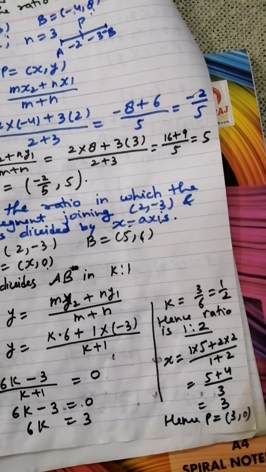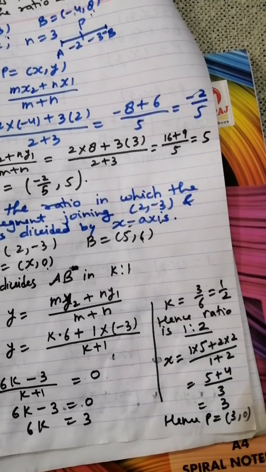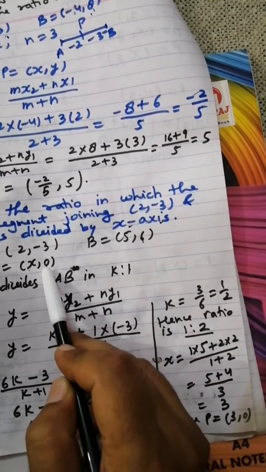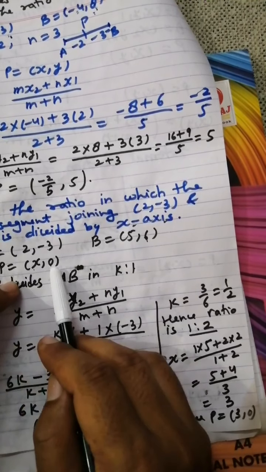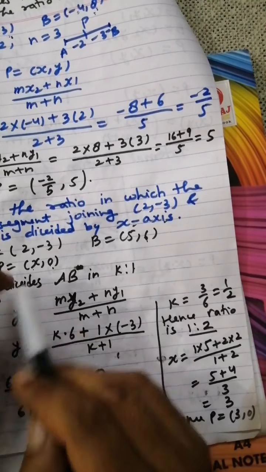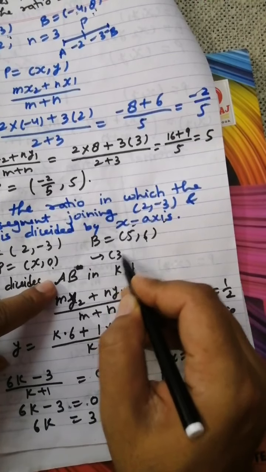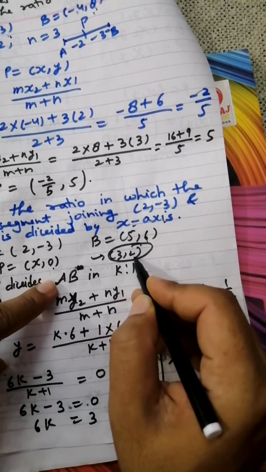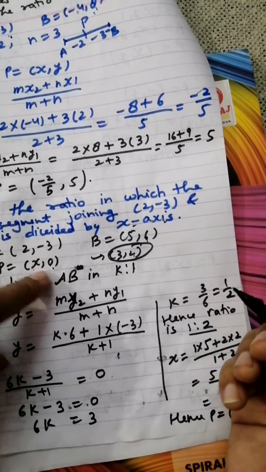So by this way you can find the point, or you can find the ratio. So always remember one thing, if the ratio is given then you have to find the point, and if the point is given you have to find the ratio. On the x-axis y should be 0, and on the y-axis x should be 0. So dear students, please remember one thing, you will find only that term which is 0 or whose value is given. Suppose the ratio was 3 comma 2, then it's your choice, you can find x first or y first, you will find the same ratio. Thank you.